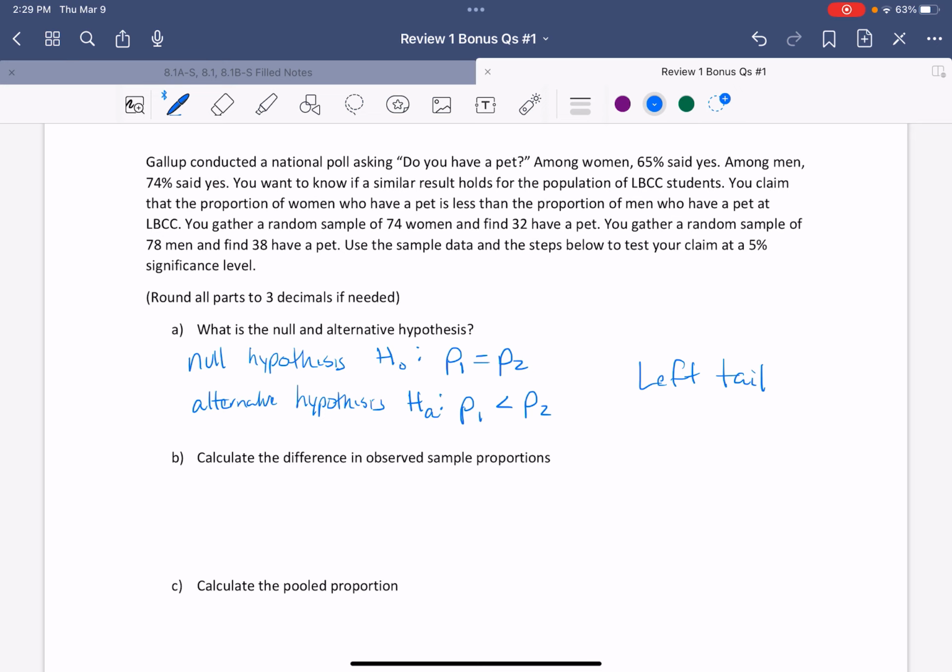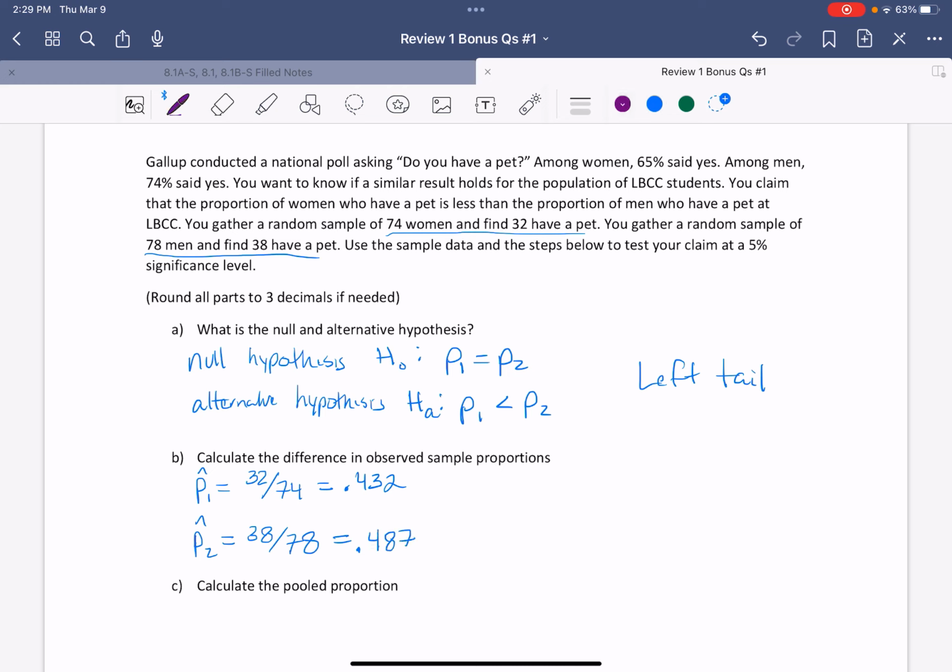Calculate the difference in the sample proportions. Okay, sample proportions. So first off, we need the sample proportions. So we need P sub 1 hat and P sub 2 hat. P sub 1 hat, let's see, it said, you gather a random sample of 74 women, 32 have a pet. So that's 32 out of 74, and that will give you 0.432. Similarly, for the men, we got 78 men, 38 have a pet. So 38 out of 78, and that should give you